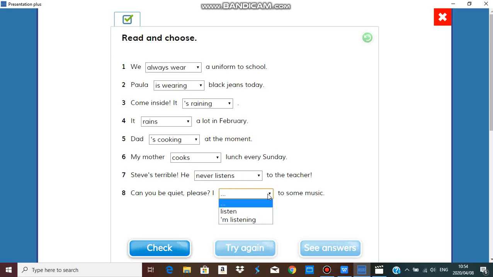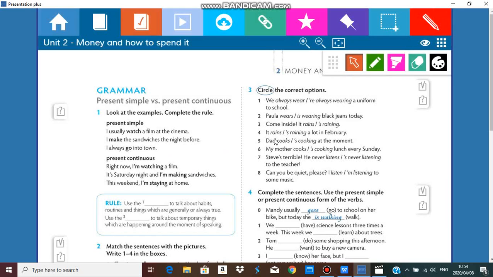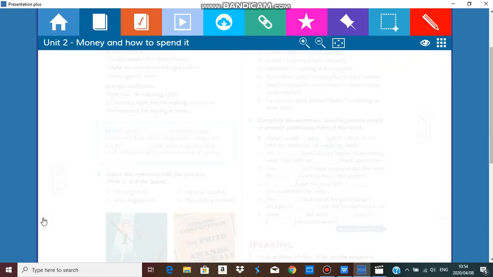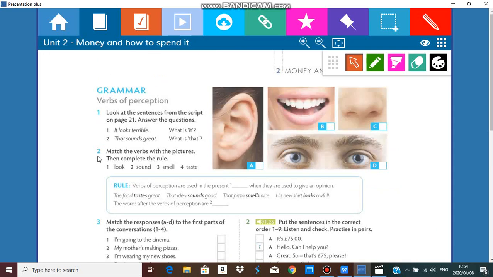Can you be quiet, please? I'm listening or I listen to some music. You're listening now. In the moment, I'm listening. Let's check. And we have all correct answers. So let's go quickly to our verbs of perception. Now, if you think about the 5 senses, that means